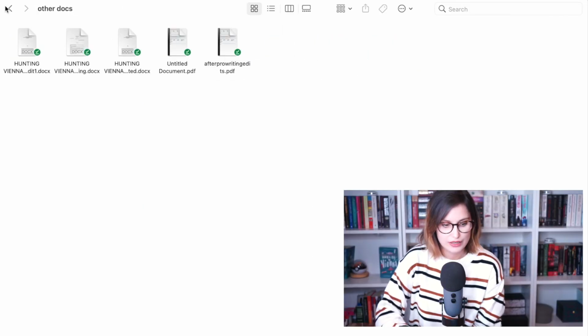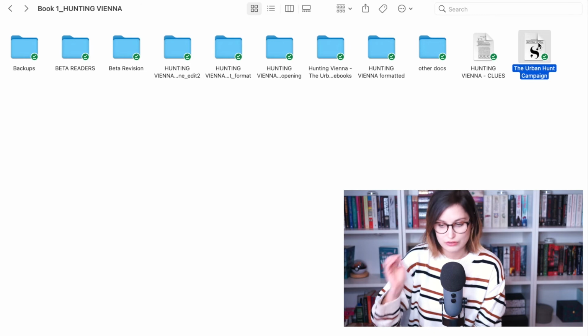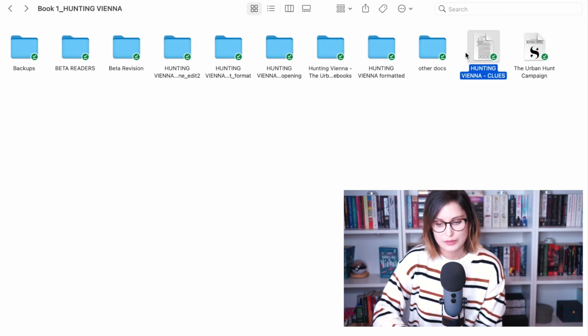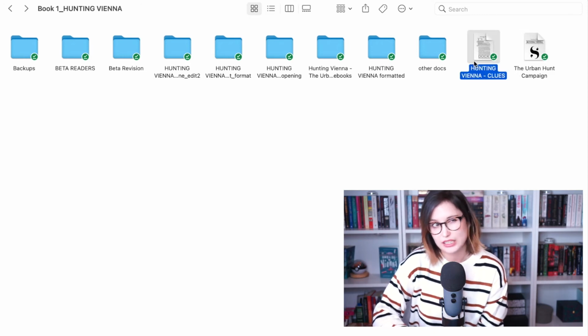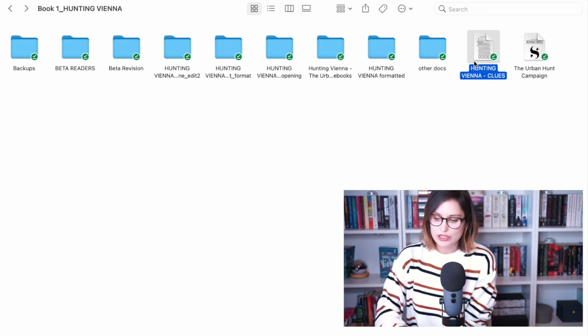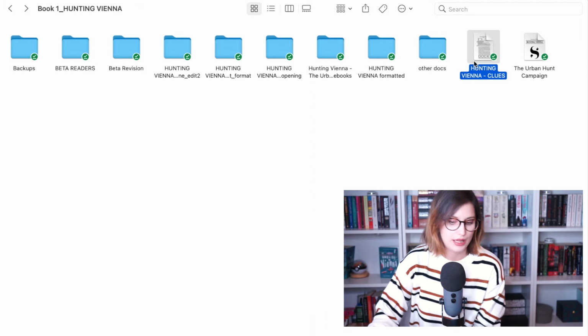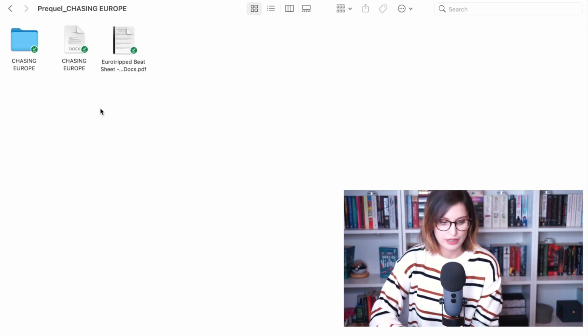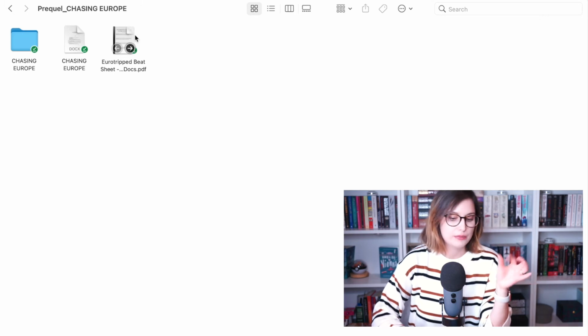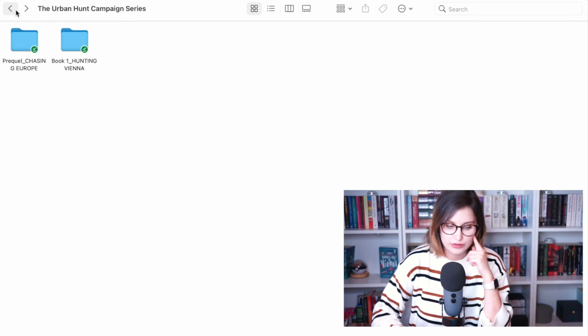Just have other random documents and of course the Scrivener file and a separate document for a plot element of my book, which is the scavenger hunt and how all of that works. So I kind of planned all of that separately. Then I have some stuff about the prequel here. I have the prequel outlined in a beat sheet method, but this is in the very early stages, draft 0 kind of thing.